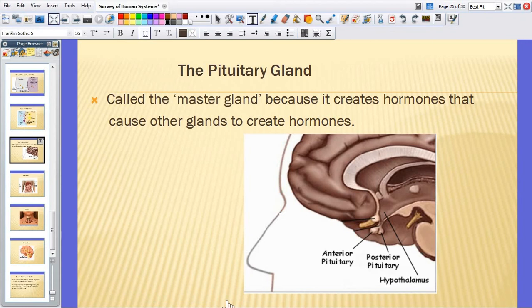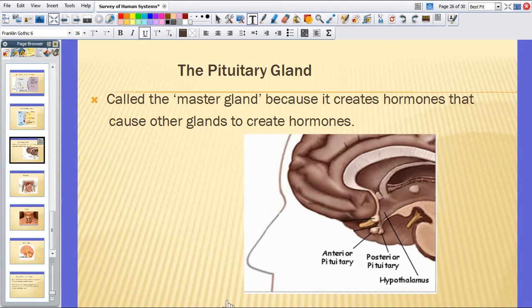I'm going to begin with the anterior pituitary and the growth hormone, also called GH. It stimulates growth throughout the body, and its main target cells are the bones and the muscles. The second hormone is the thyroid stimulating hormone, or TSH. It stimulates the thyroid to produce hormones. Of course, the target cell is the thyroid gland. The thyroid gland produces hormones which regulate the body's metabolism. It's also responsible for heart and digestive function, muscle control, and brain development.